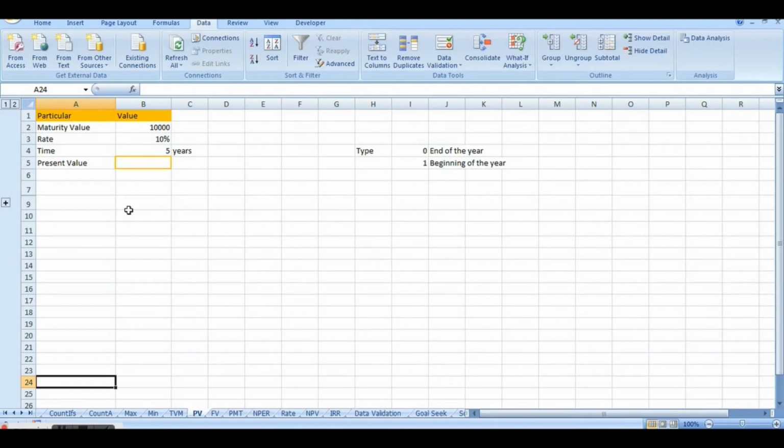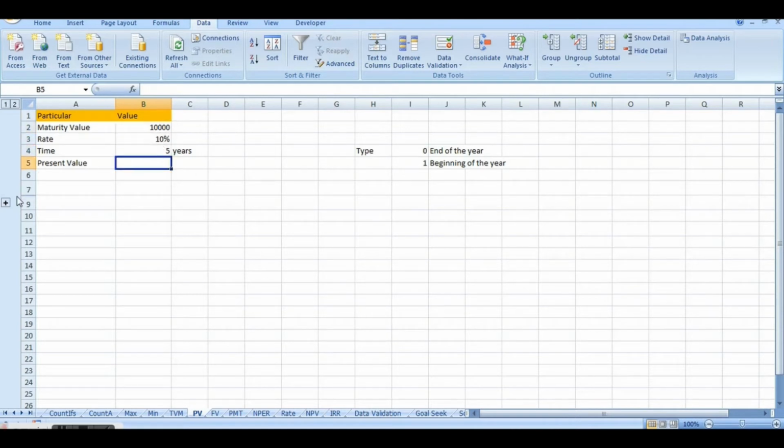Now in this example, say you want to have an amount of rupees 10,000 in your hand after 5 years when the interest given by bank is 10%. And the interest given by bank is obviously compounded in nature. Now if you want to find out what is the amount that you need to invest to get rupees 10,000 at the end of the 5th year,